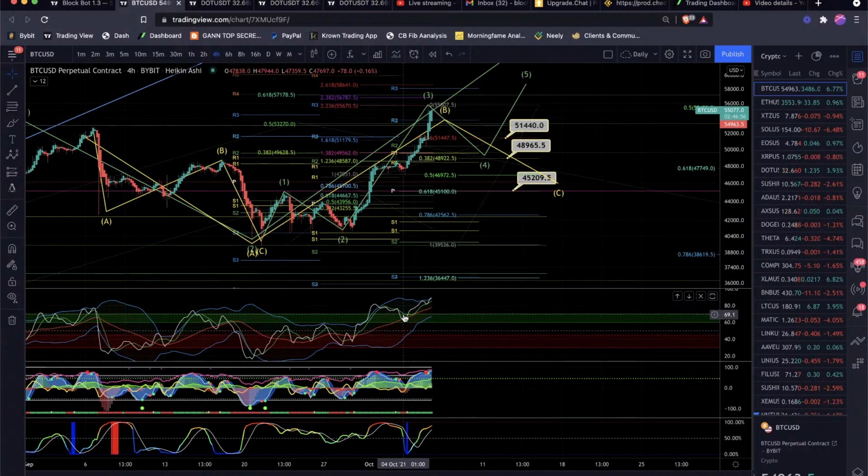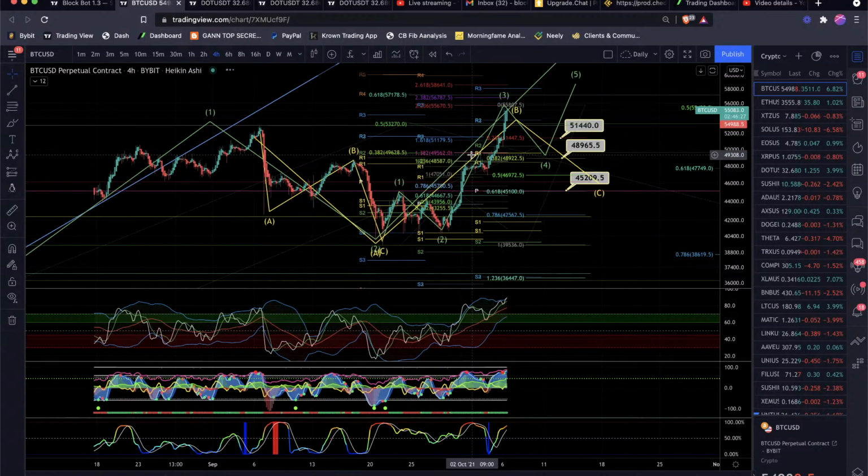But from this aspect of it, normally what we like to see for a determination of the third and fourth is to have that bearish divergence present. We don't have that yet. So it does, to me, look like it wants a little bit of a pullback. Indicators are getting a little toppy. So I would look for a pullback, and I'm actually going to be interested in stacking in a couple positions right here within this area, really between that 55.5 and the 49K number, to look at some potential support zones.